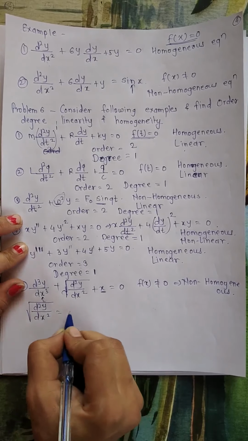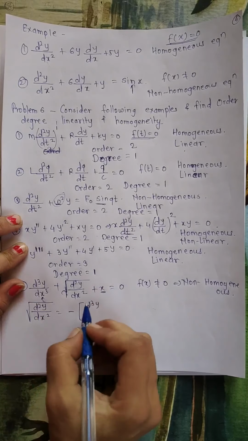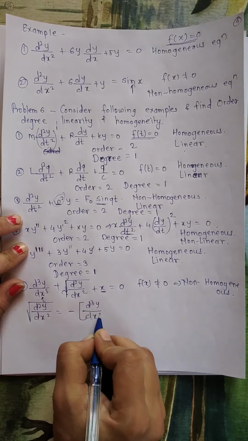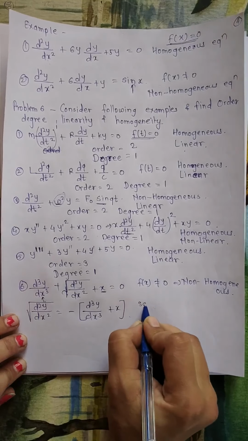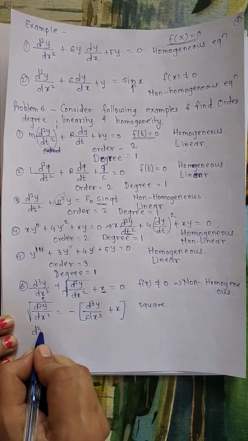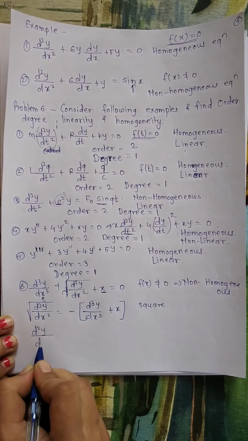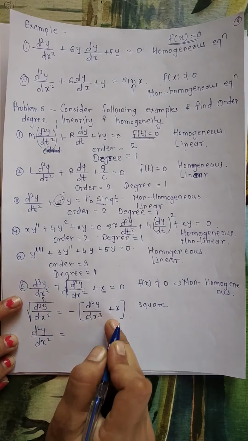So we will get this type of equation. I am grouping this and taking the negative sign common. So I will get this term. Now if we square this equation, what will we get? Root and square will cancel, and we get d square y upon dx square equals the square of this,